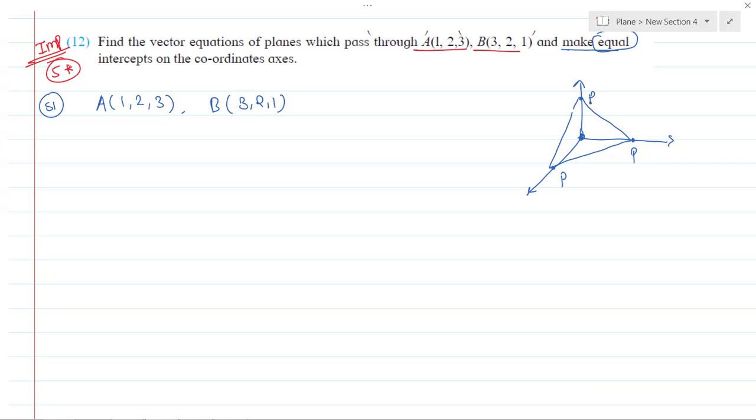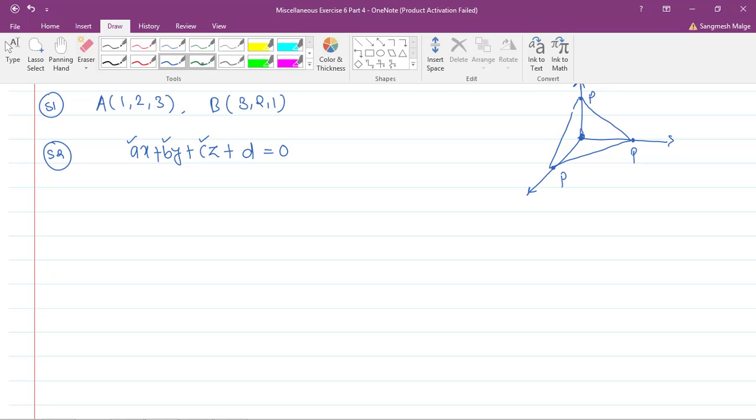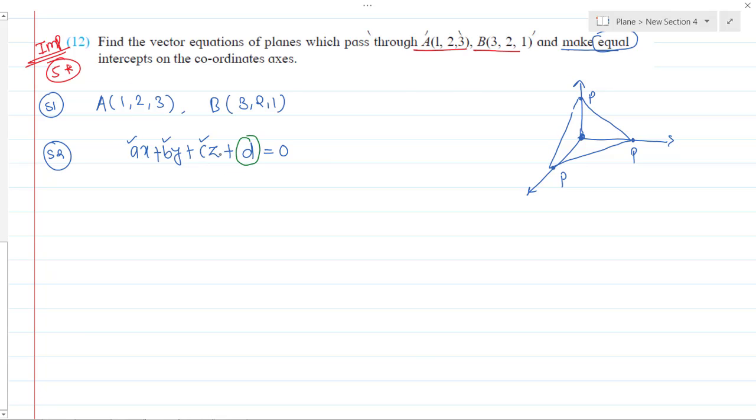If the intercept is zero, what we get? That the constant part. Okay, what is the standard equation? The standard equation of the plane is what? It is ax plus by plus cz plus d equals to 0. This a, b, c are nothing but the direction ratios of the normal vector. But what is this d doing here? This d decides the intercept of plane on the coordinate axis. Please remember this. Please make a note of this.